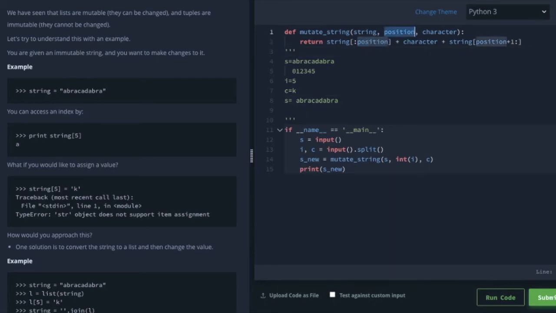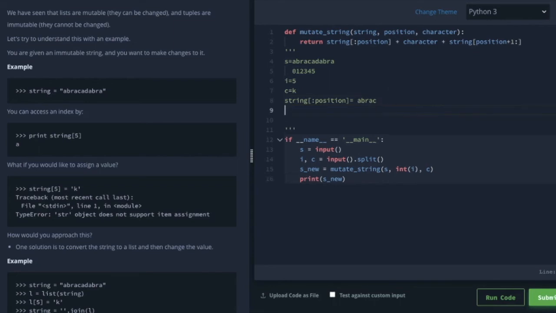What this slice does is it cuts the string till 5, so till here. That's what string up to position does. Next, it adds a new character c, which is the character k.